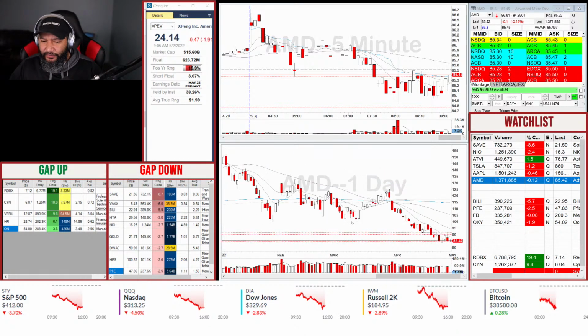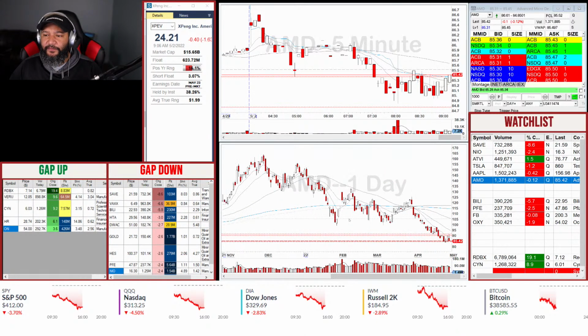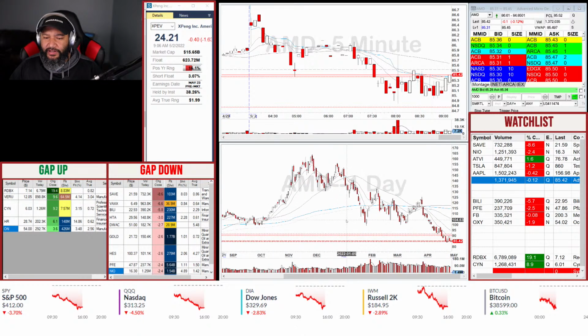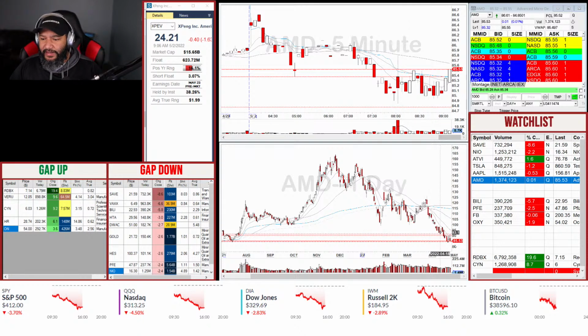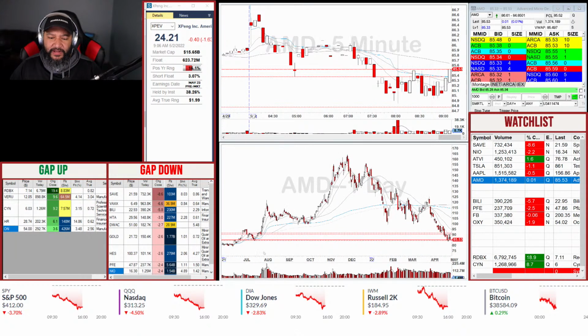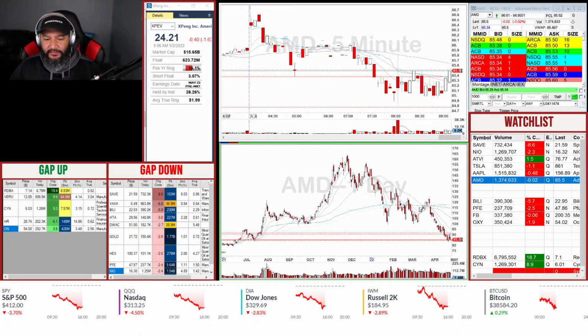Heading to the left, what's the next level below this 85.42 we're getting here? Man, we have not been down here. So that is your 52-week low right there. So right here, no, not that one. This low right here, a couple of days ago. Right, so that's your 52-week low. We have not seen these type of levels since July, maybe June. Hold on, can we go back here?